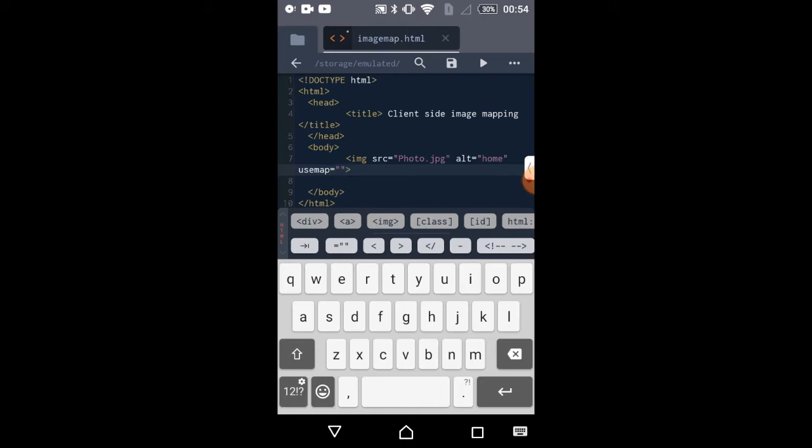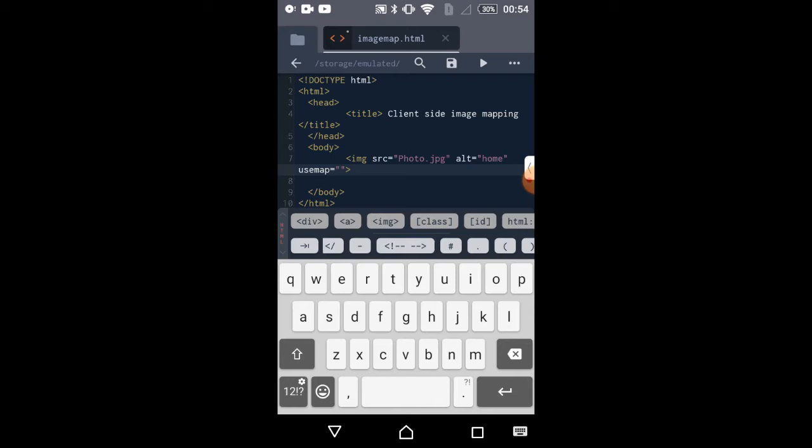Usemap is an attribute which we need while using client-side image mapping. Whatever name you are giving here is the name which is being used for our map. Before giving any name, you have to remember to give slash.